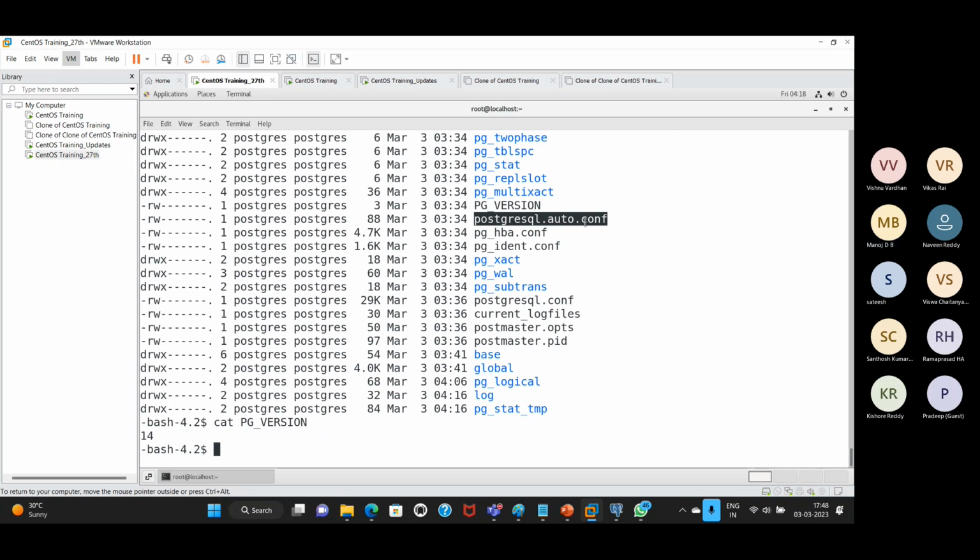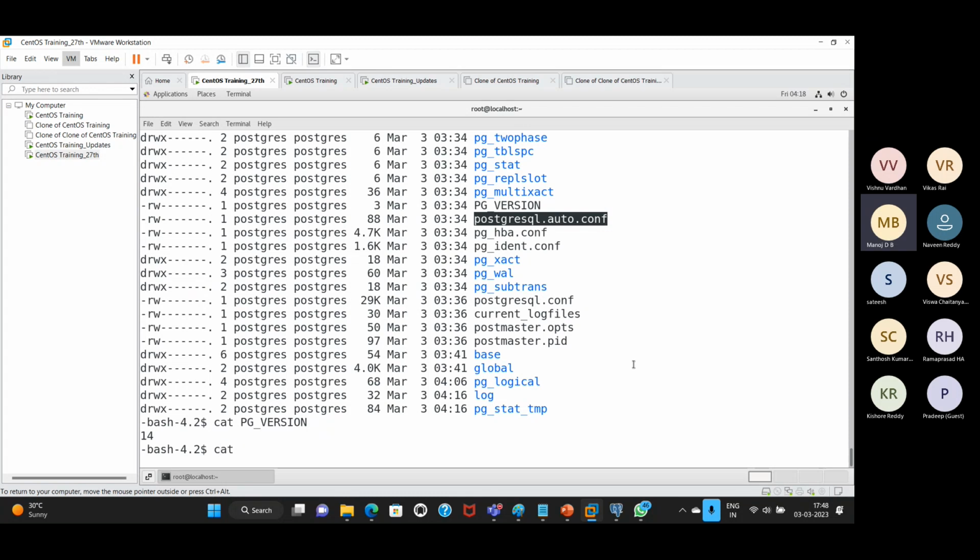I'm talking about the instance level, not outside the instance. Whenever we change a configuration parameter value inside the instance, those values will be written into the